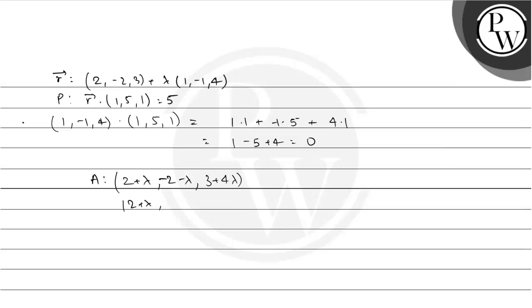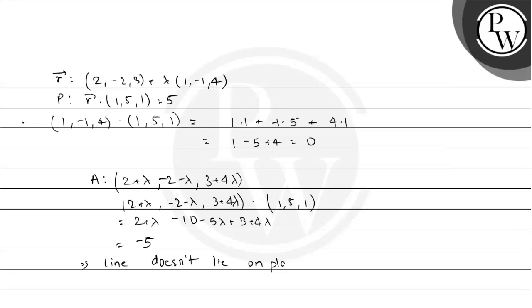So 2 plus lambda, comma, minus 2 minus lambda, comma, 3 plus 4 lambda का डॉट प्रोडक्ट अगर मैं 1, 5, 1 से लूँ तो मुझे मिलता है 2 प्लस लैम्बडा माइनस 10 माइनस 5 लैम्बडा प्लस 3 प्लस 4 लैम्बडा। अगर मैं सारी लैम्बडा वाली टर्म्स को ऐड करूँ तो मुझे 0 मिलेगा, और बाकी की टर्म्स को ऐड करूँ तो मुझे मिलेगा -5। बट देखो कि RHS के अंदर हमें +5 है इंस्टेड ऑफ -5, हेंस ये जो गिवन पॉइंट A है वो प्लेन की इक्वेशन को सेटिस्फाई नहीं करता है, हेंस लाइन डजंट लाई ऑन द प्लेन. Which implies that indeed the line is parallel